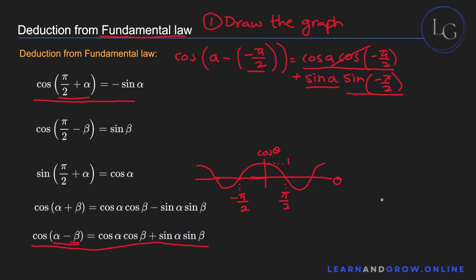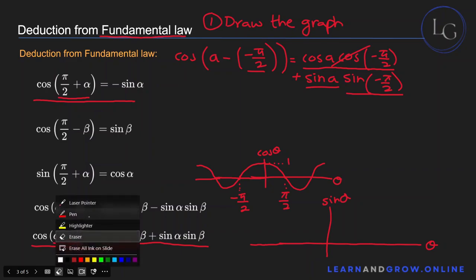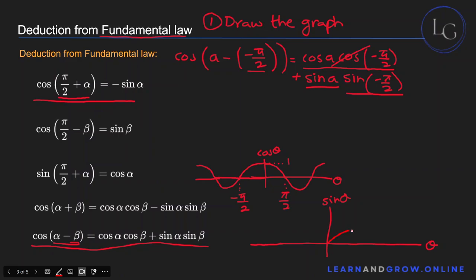What is sine pi by 2? For that you need to draw the graph of the sine function, right? So this is sine theta on the y-axis and theta on the x-axis. And so now draw the graph. The graph looks something like this. Right? Let me just cut that off. It's not really a good drawing. My bad. But the sine function looks something like this on the positive theta axis, and this is how it looks on the